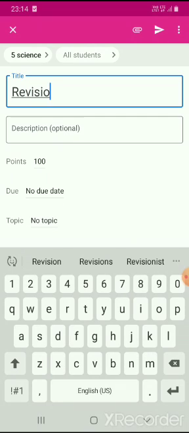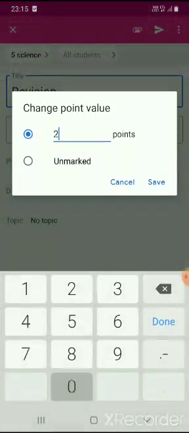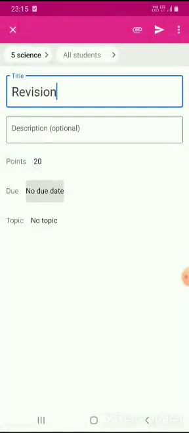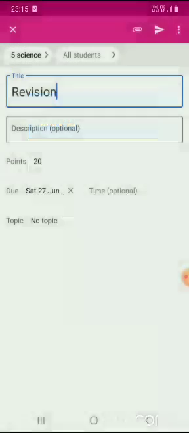Revision. Okay. Now other details you can fill, like doing changes you can do. Okay, due date, some other changes we can do. 27. Okay. Topic science, I'm giving it.